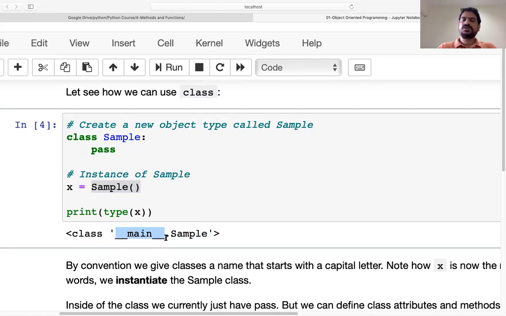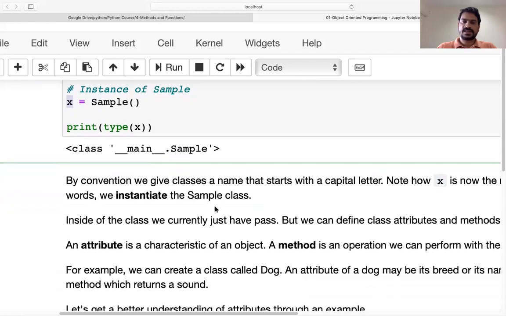Because it is a user defined class, meaning I have defined the class. So that's why this main is coming, but you ignore it and you just read that x is an object of class Sample. Okay, x is also called an instance. X is also called an object.